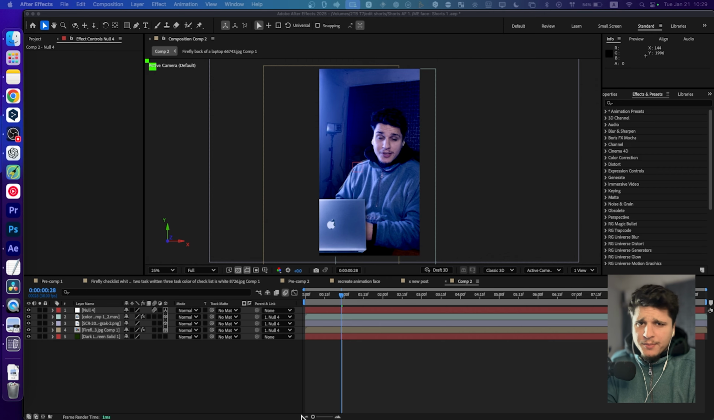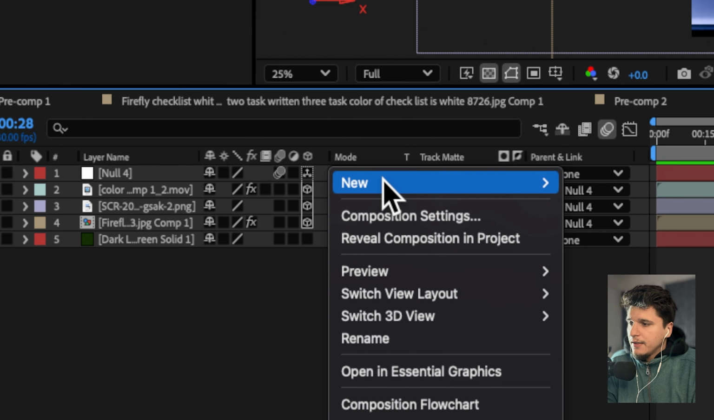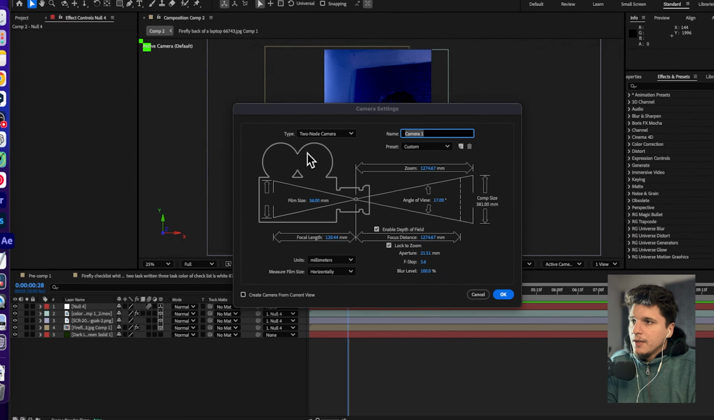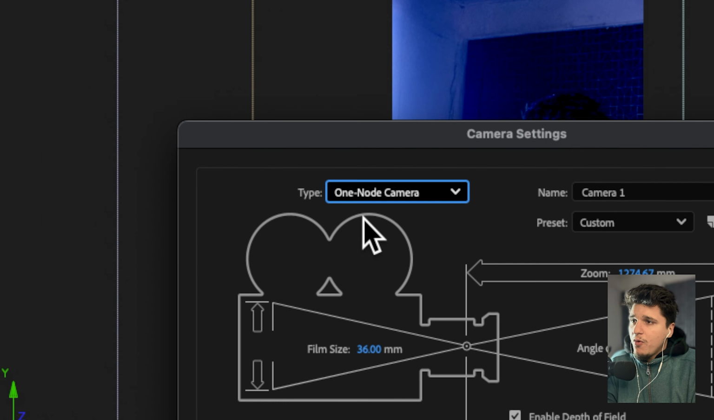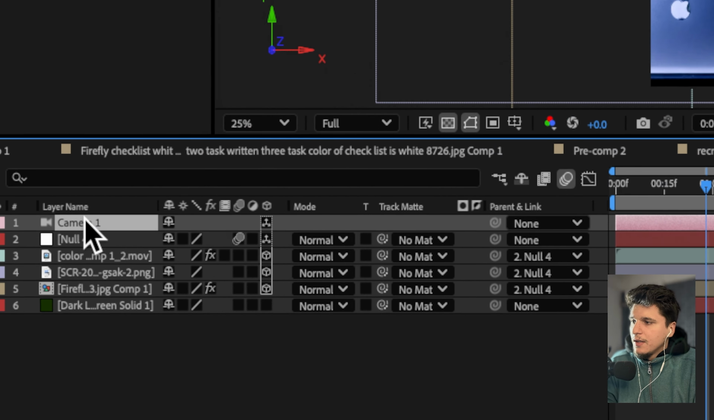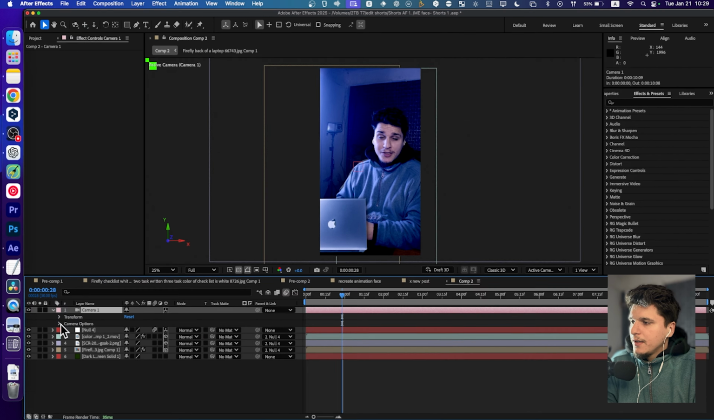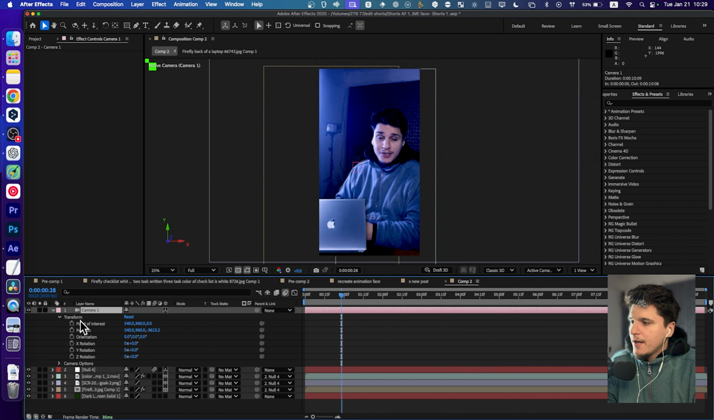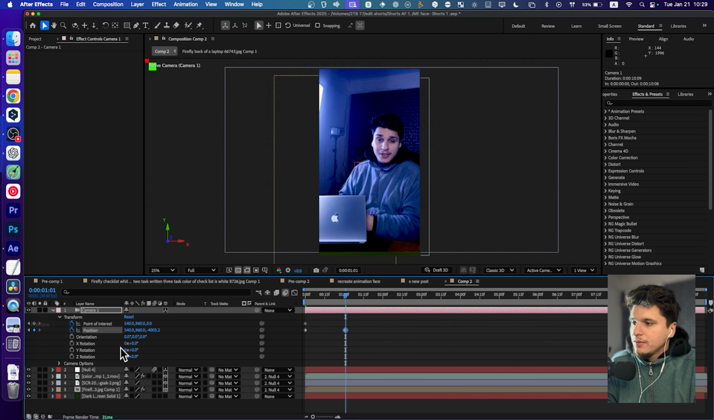Okay, so first step, let's add a camera. So right click, new camera. Here for the type, instead of one node camera, select two node camera and click OK. Now we're going to go to transform and add a keyframe for point of interest, a keyframe for position. We're going to move a couple of frames and then zoom out